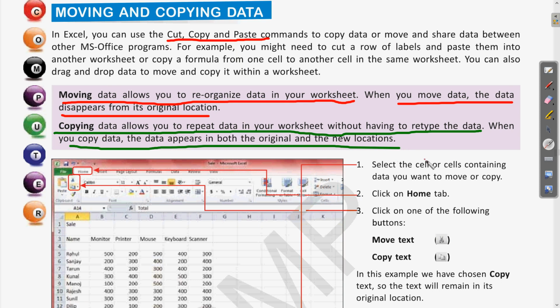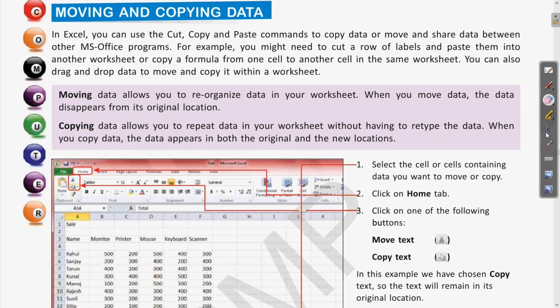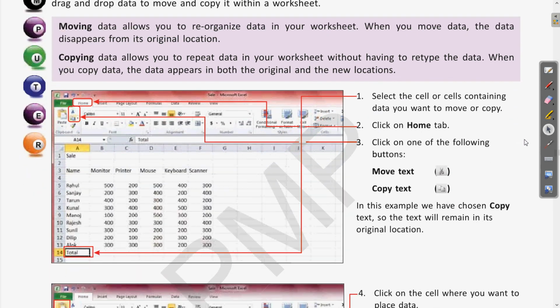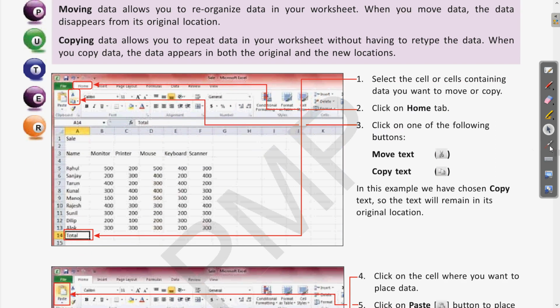Now let us see the steps by which you can do these move, cut or copy. So first, select the cell or cells containing the data you want to move or copy. So for using any of these features, first we need to select the cells or the group of cells.